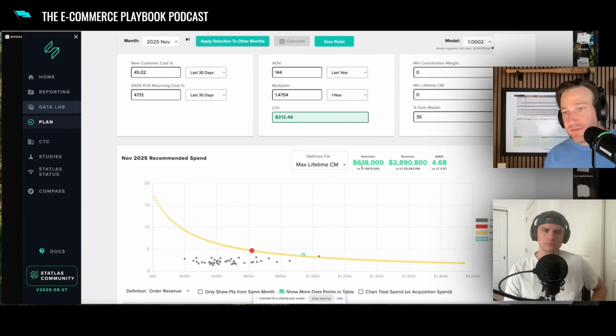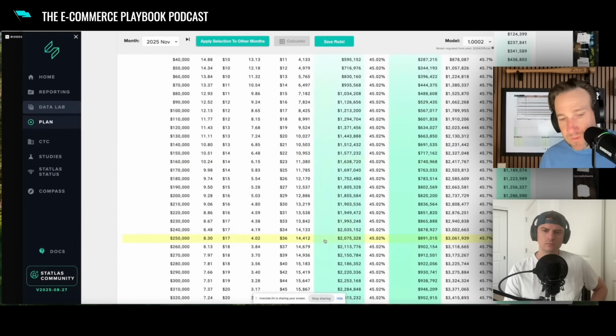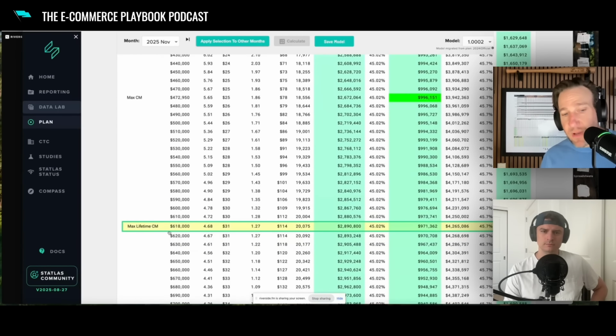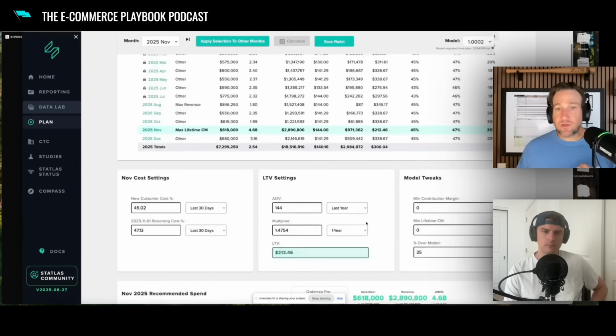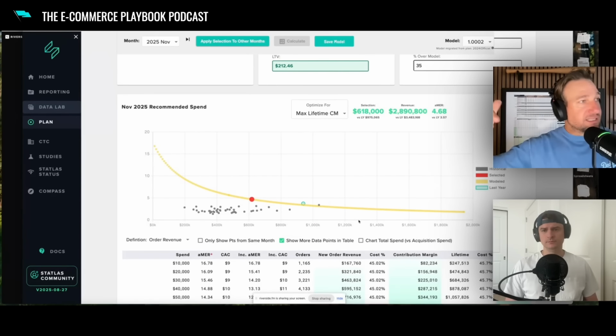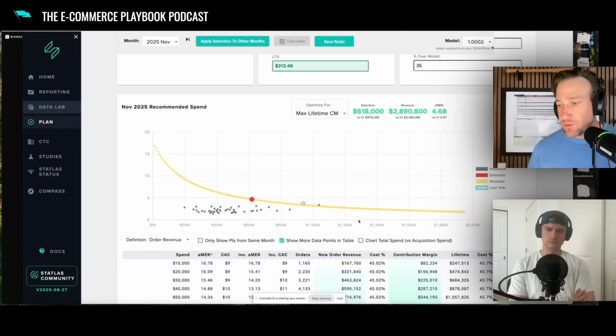And then that's going to give us a relationship between the AOV and the lifetime value multiplier that we're using to get to this max lifetime CM number, to really think about the right spot of setting our budget. Right. So all of these things are like, if you really want to be effective in setting your budgets for November and December, you need to consider your gross margin changes. You need to consider the value of these cohorts uniquely over time.